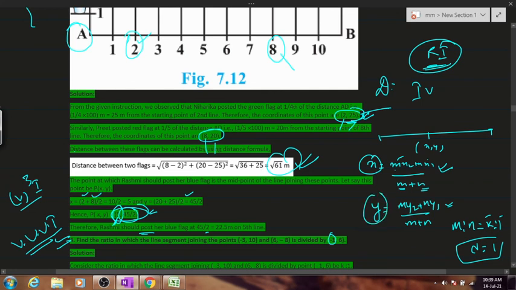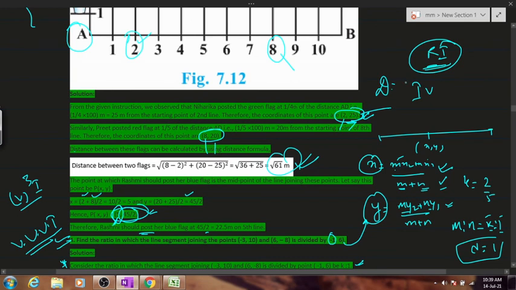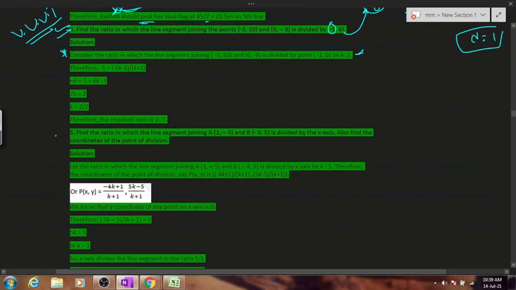This is the y coordinate. You'll substitute 6 out here, and instead of m and n, put k and 1. You'll see automatically you'll be getting the value for k as 2 by 5, 3 by 5, whatever. Okay, proceed with this. You have to assume let m is to n be in the ratio of this. Exactly this line has to be written. Start off, everyone. And what does RI mean? Tell me. Question number 4.